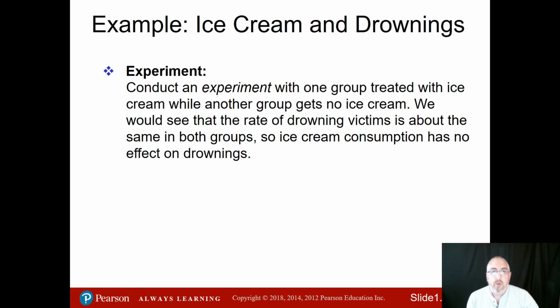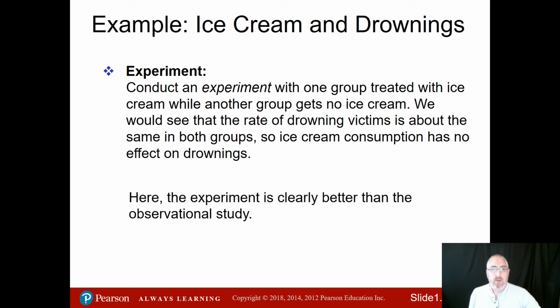If we wanted to do an experiment related to this, we could conduct an experiment with one group treated with ice cream while another group gets no ice cream. We would see that the rate of drowning victims is about the same in both groups, so ice cream consumption has no effect on drownings. So here the experiment is clearly better than the observational study. So now looking at your notes, it looks like we got example 28 on page 34. So let's cut over